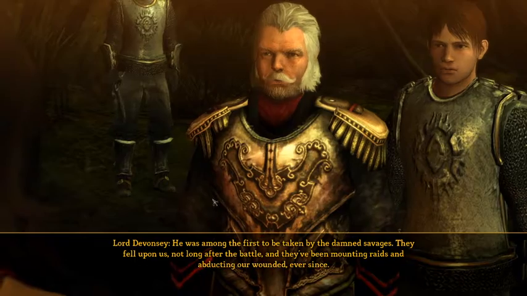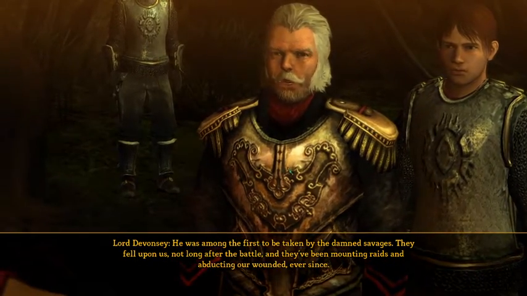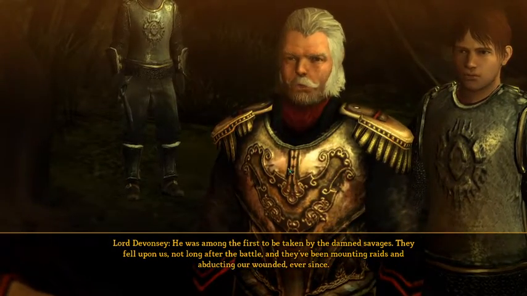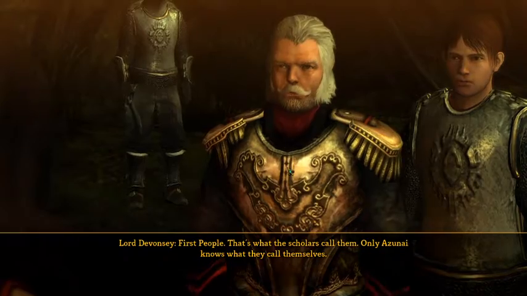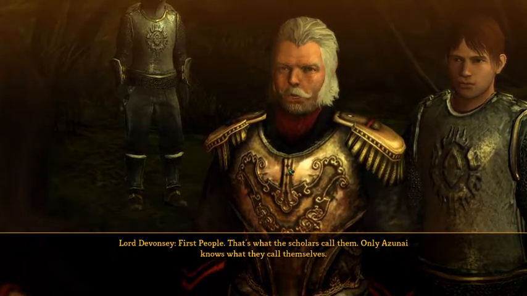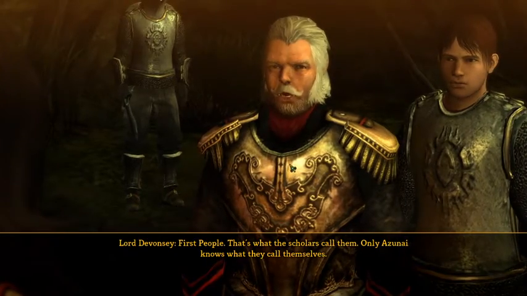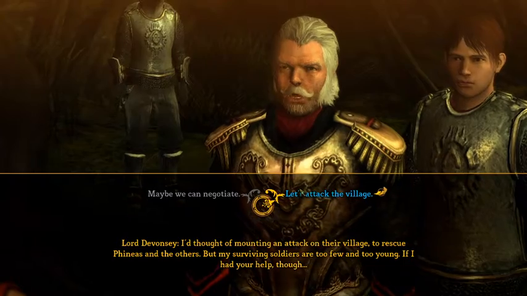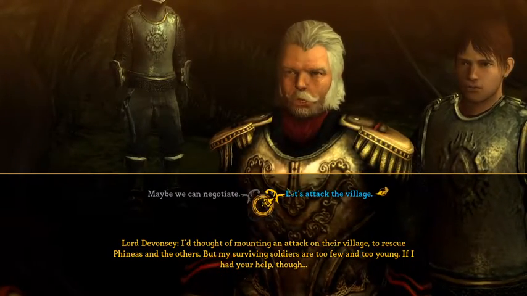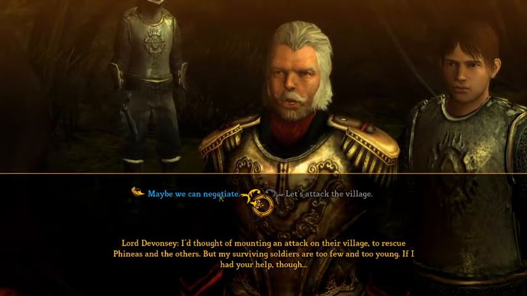Where has he gone? He was among the first to be taken by the damned savages. They fell upon us not long after the battle, and they've been mounting raids and abducting our wounded ever since. First people, that's what the scholars called them. Only Azanai knows what they call themselves. I thought of mounting an attack on their village to rescue Phineas and the others, but my surviving soldiers are too few and too young. If I had your help, though...